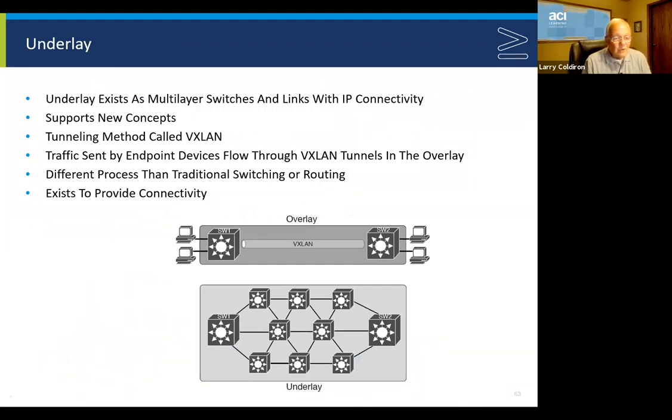So not a real dramatic picture here. We're going to have the underlay, the multilayer switches and the links with the IP connectivity, which is going to support the new concepts, the new tunneling method, VXLAN, a different tunneling method for these things. The data sent by the endpoint devices flows through the VXLAN tunnels in the overlay. So when we talk about virtualization, the VXLAN is the virtual path to go from one to the other, and the protocols that we use here are going to pick the best path for the data to flow through the physical